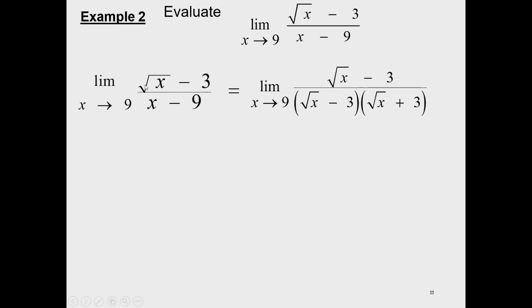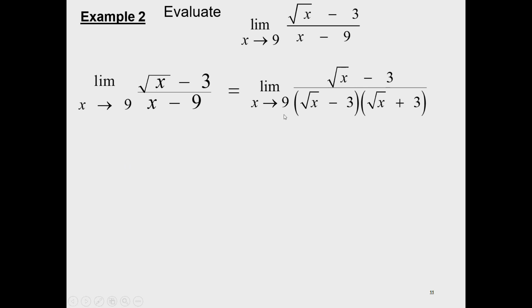The top part is root of x minus 3. The bottom part I can write as root of x minus 3 into root of x plus 3. Right? So what I'm basically doing here is using difference of two squares. I can write x minus 9 as root of x minus 3 and root of x plus 3, because if I expand this, root of x times root of x,